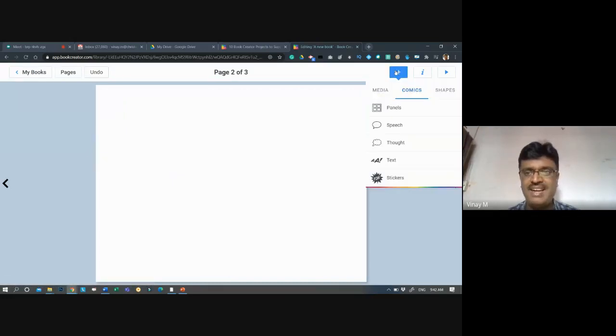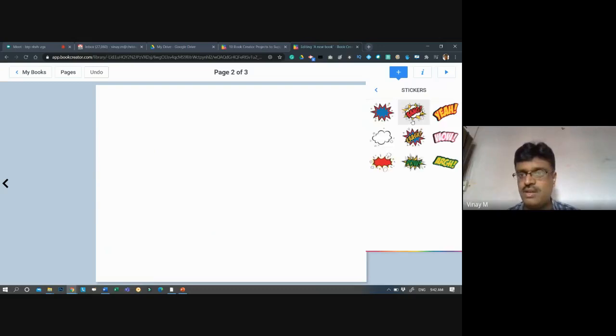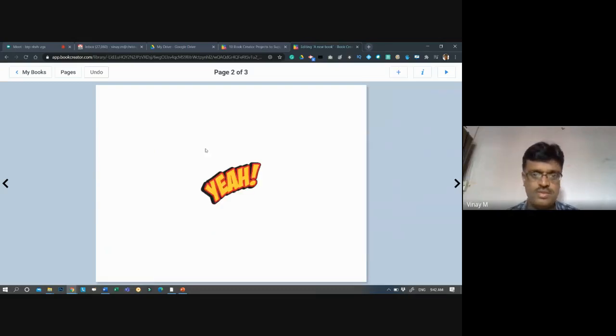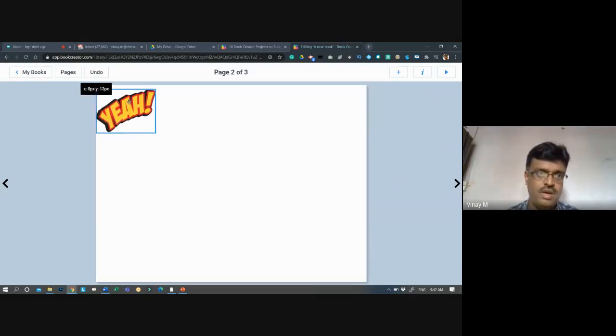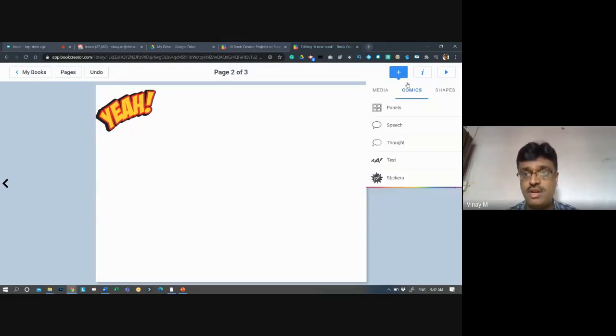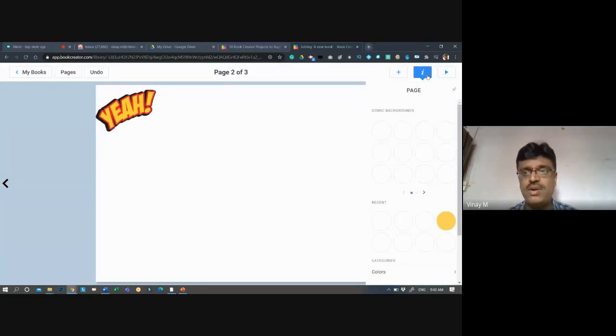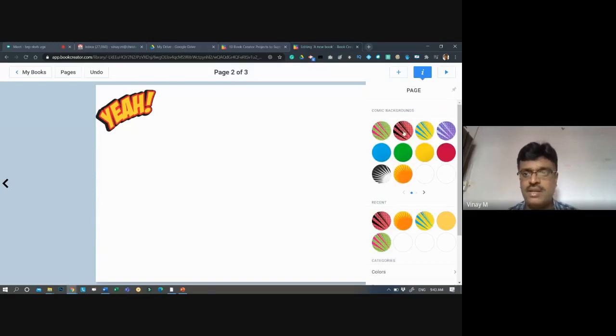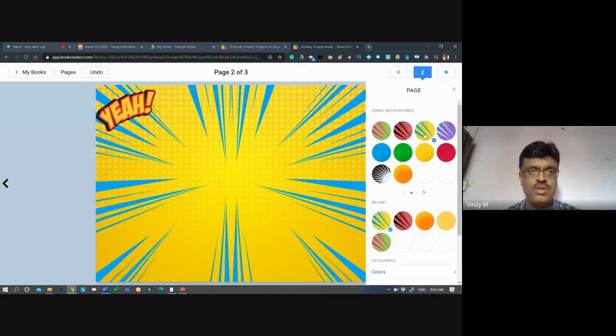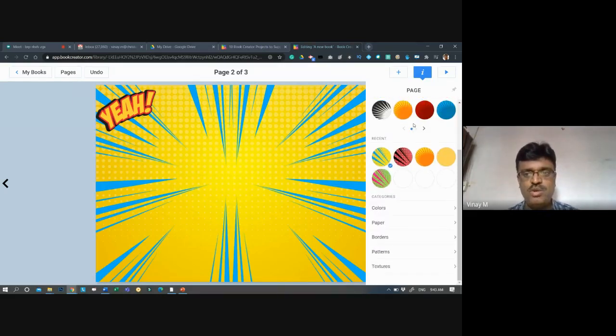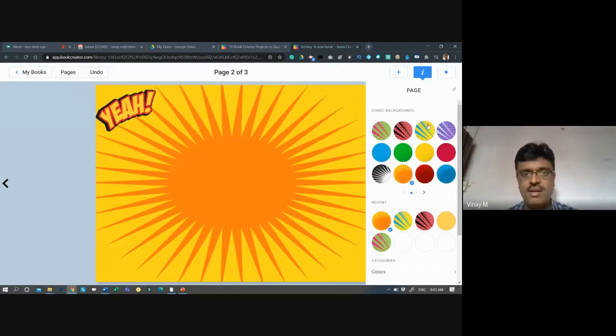Then plus. I don't want this panel, I don't want all these. I want a sticker, so I put a sticker here on the top of this. And I need a good background for this, not with this option. You can go for shapes, or you can go for media. All other options are there, but I just want a background, which is in the inspector. See, first I will put my background. Then the inspector allows you to do a lot of colorful things, and apply like this.